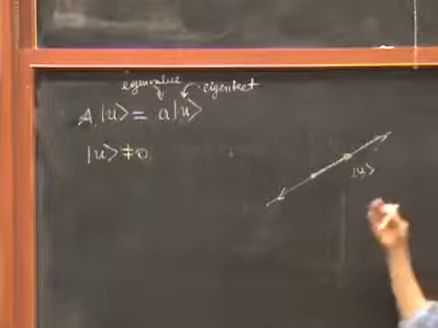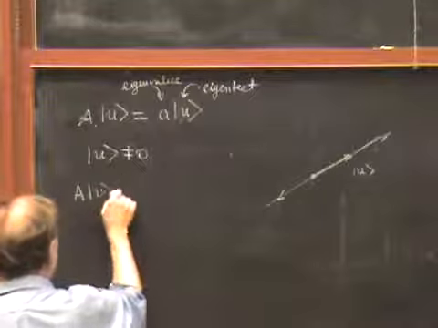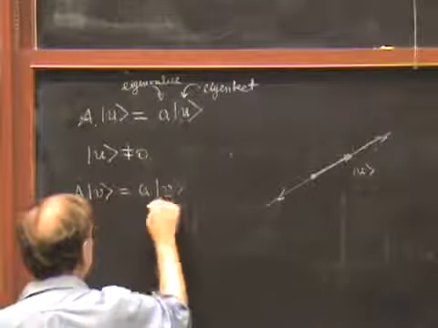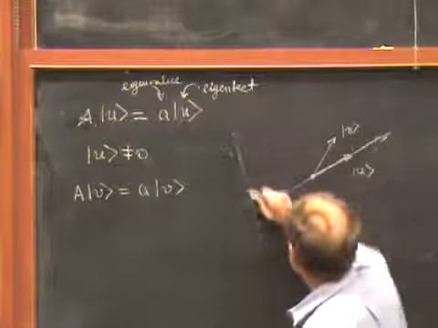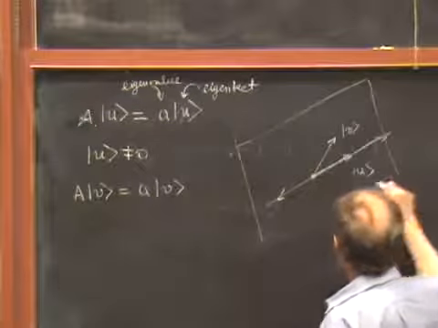Now, it may happen that in addition to this ket U, there's another ket, which is linearly independent of the first one, which is also an eigenket with the same eigenvalue. Let's call this V, let's say. AV is equal to lowercase a V. The point is the a's here are the same, but the vectors are different. And let's suppose that V is linearly independent of U, so that it sticks off in some direction like this. Here's the V. Then it becomes apparent that any linear combination of U and V is also an eigenket. And so the space of eigenkets becomes a two-dimensional vector space like this.